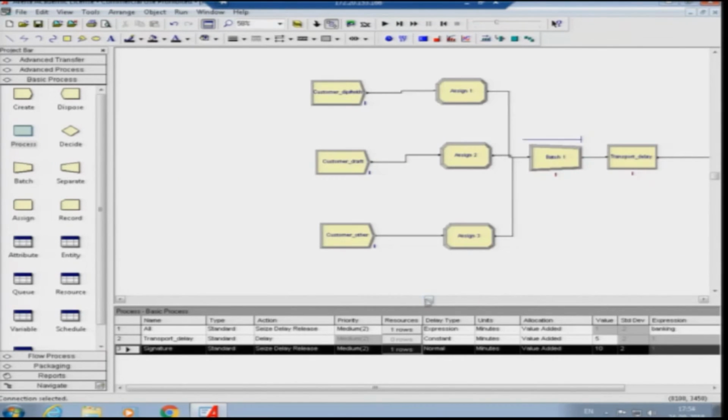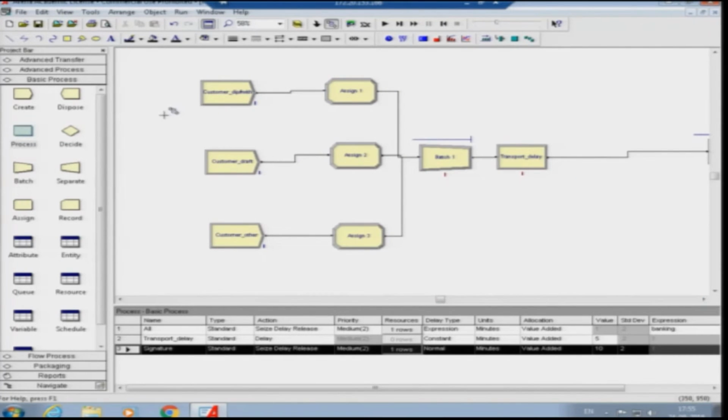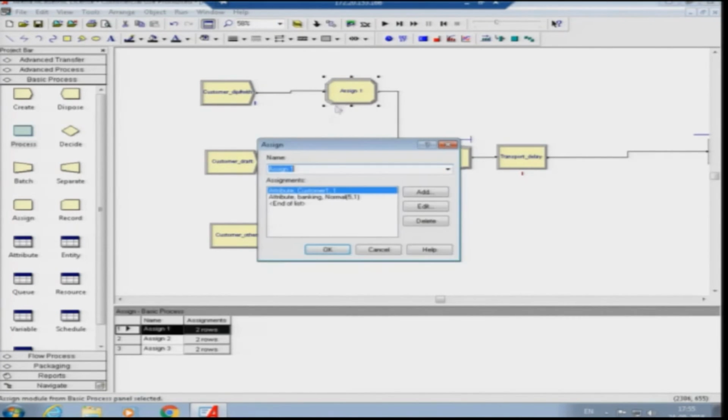So again, to brief the system, you can see there are basically three different create nodes that create separate kinds of customers. That is, we define the customer arrival time for different customers. Now for each customer we have assigned two different kinds of attributes. One attribute will separately select which kind of customer it is, and the second attribute value will define its processing time in